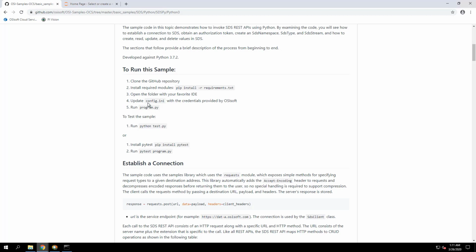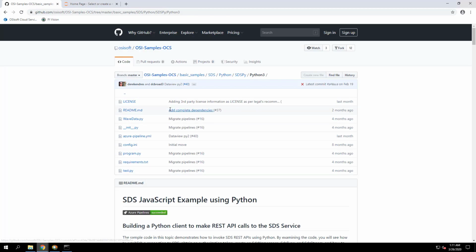After you install the library, you need to configure a file called config.ini, and this is where you specify how to access OCS, what client to use, what client secret to use, and so on. And then after that, you would use the script. Again, this is just to show you what the GitHub library looks like and how to install it. And the link is in Appendix D in the workbook.